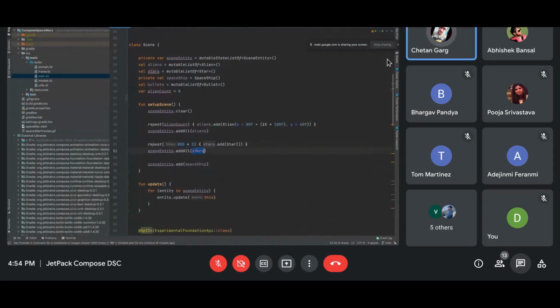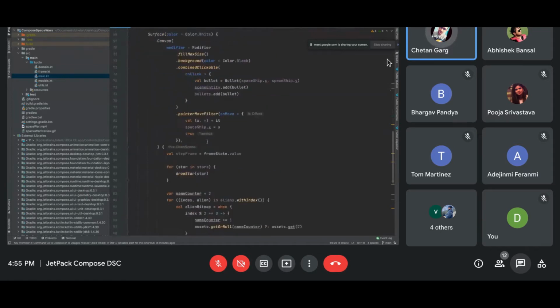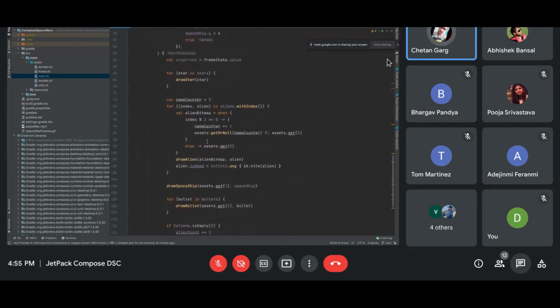So I add the spaceship, star particle system and everything into my entity list. I will explain how I'm creating this updating system when I explain the game loop. Basically, every item in this list gets its updater function triggered, and these updater functions delegate to every object's update. I will come back to that, but let's just see how I'm drawing. First I'm drawing the items. This whole code draws my particle system.